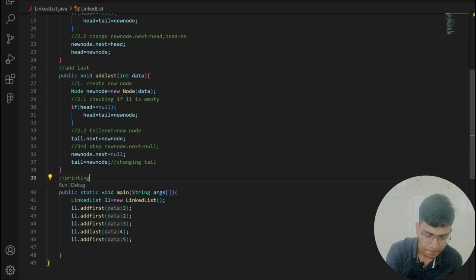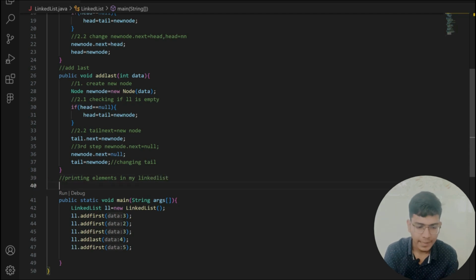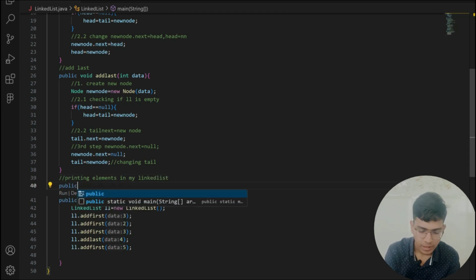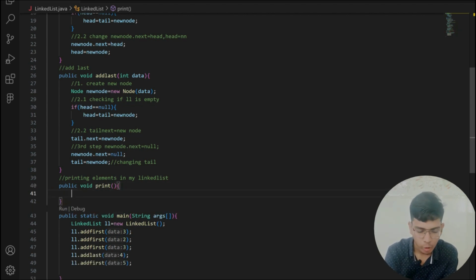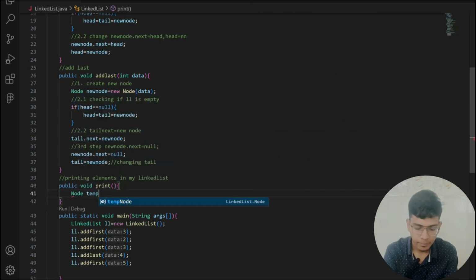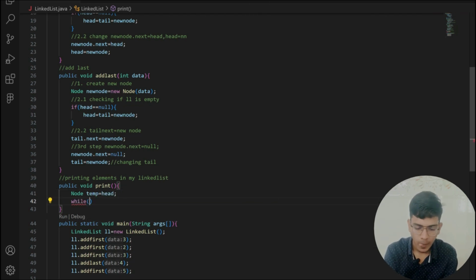So, printing elements in my linked list. For printing, first of all I'm creating my function, public void, let us say print is my function. Here, first of all, I'm going to create a temporary node, temp, which is going to store the value of head. After that, while my temp is not equal to null,